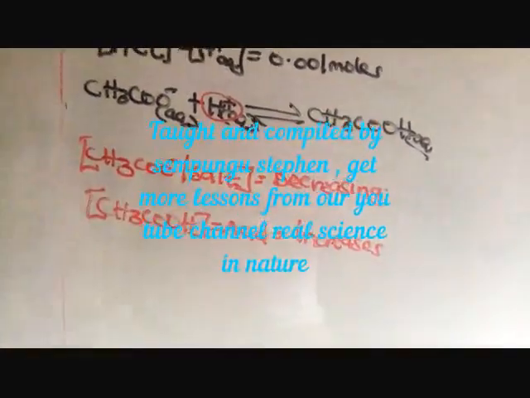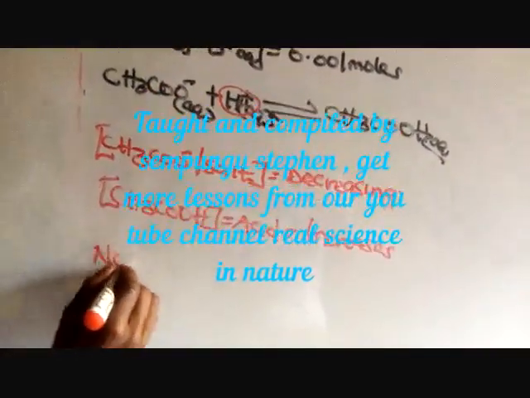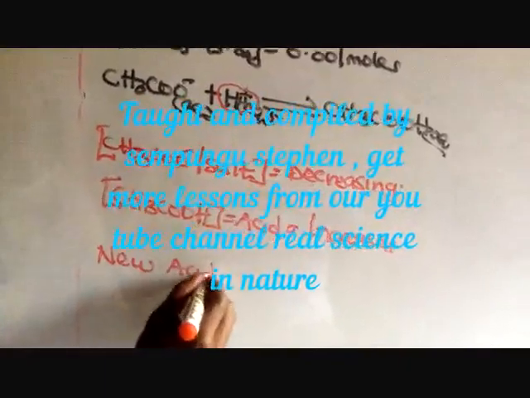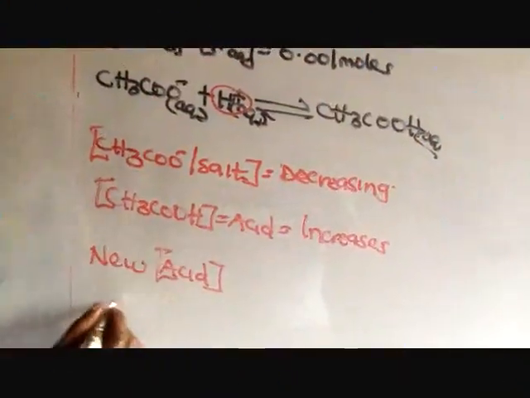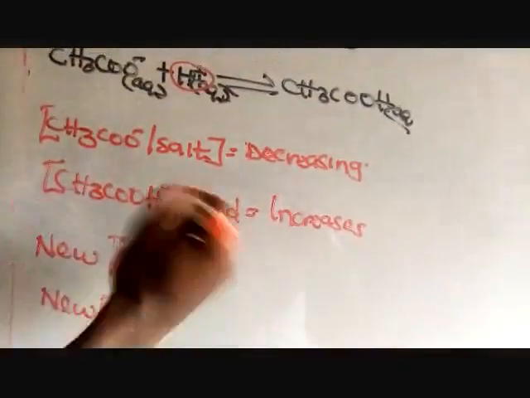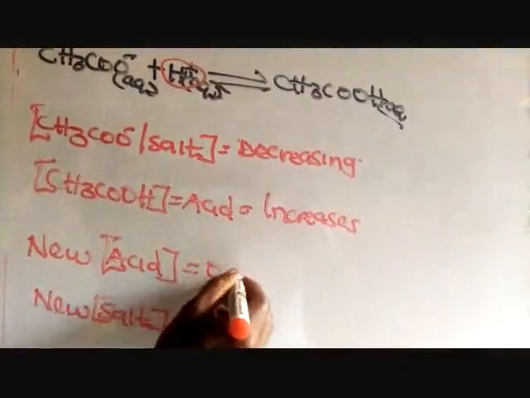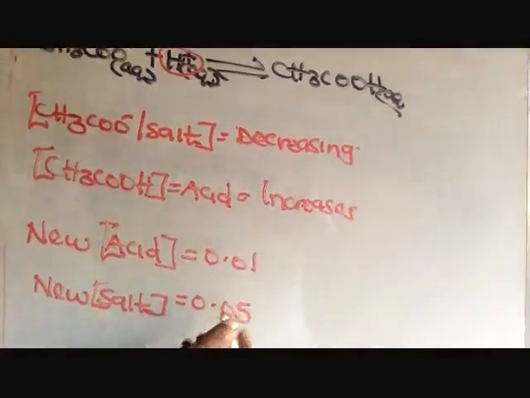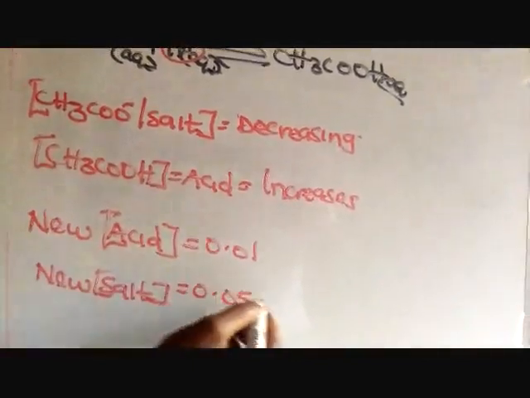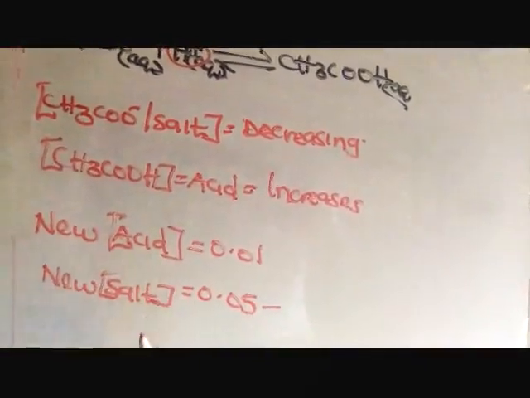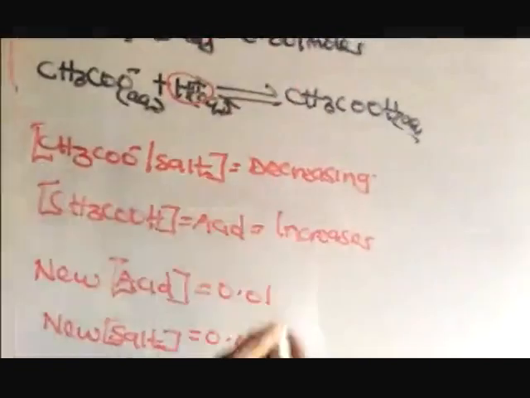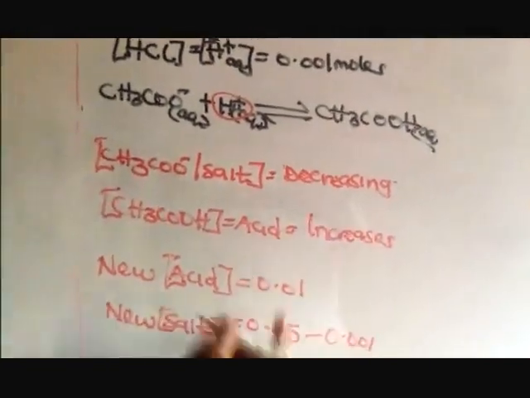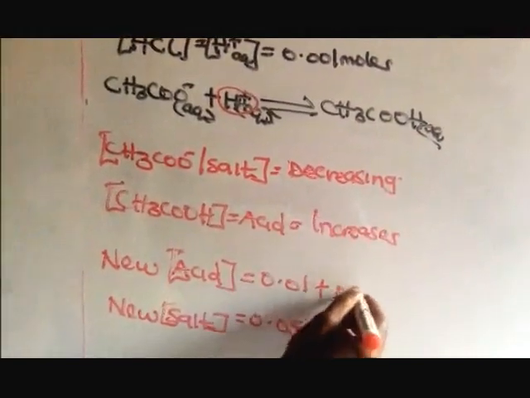Now because of that, what are we going to see? We are going to find a new concentration of the acid, and then a new concentration of the salt, and this one is going to be that we obtain the original molarity of the acid, which was 0.01, and then we obtain the original molarity of the salt, which was 0.05. Don't forget, in part A, after obtaining it, for the salt, we are saying it is decreasing, therefore we are minusing with the molarity we have got up, that is the 0.001. And for the acid, we are adding 0.001.